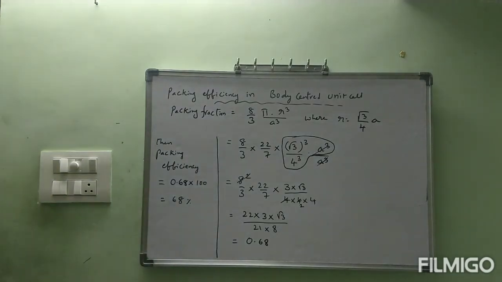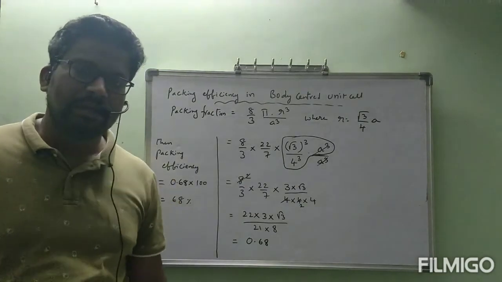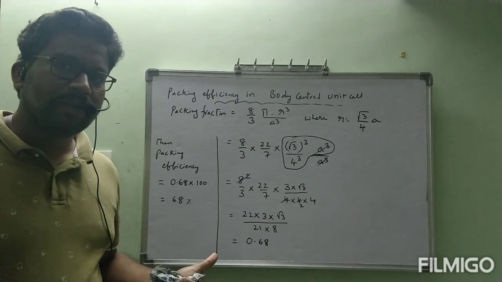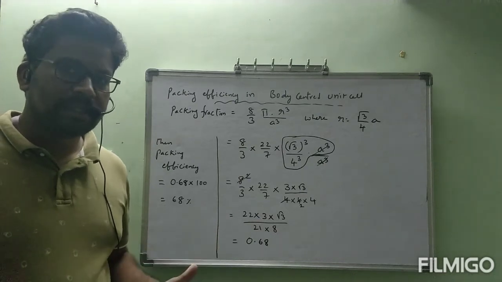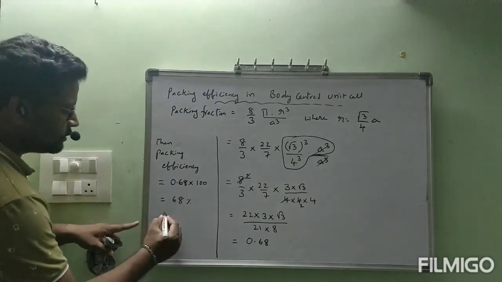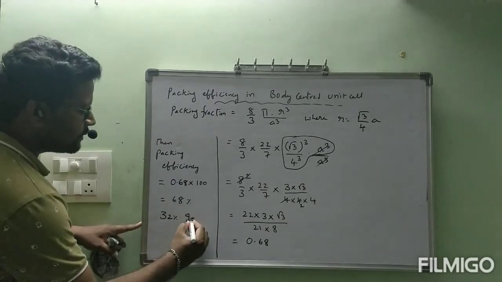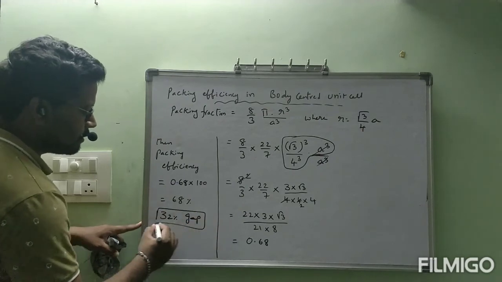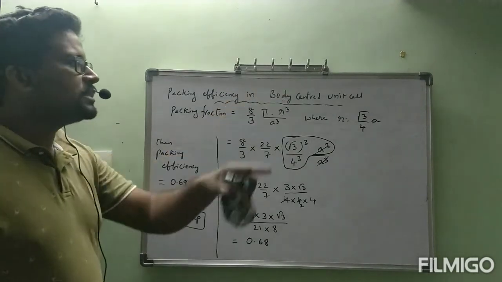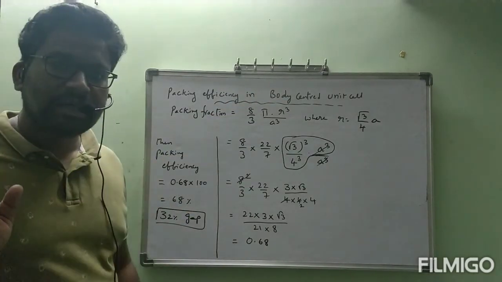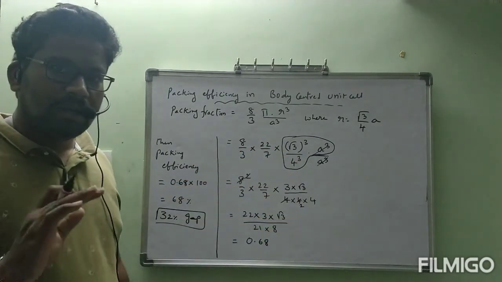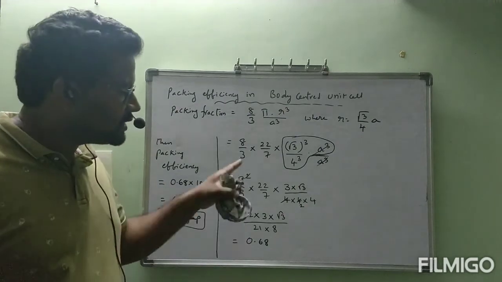Okay, so if you consider total cube as 100%, in that 100%, 68% of the volume is occupied by two particles present in the body center. 68% volume, remaining 32% gap. 68% packing efficiency, 32% gap in body centered unit cell. I hope this calculation is clear for you. Okay. Every step slowly, I didn't write directly, every step clearly I wrote.